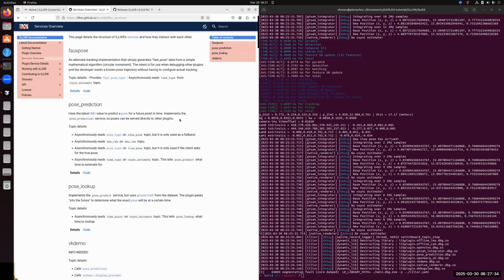And because there is not really a need to run this on its own, it's implemented as a service where plugins can call the different functions in pose prediction and provide either the present time or a time point in the future to get an estimated pose. So that's an example of a service.